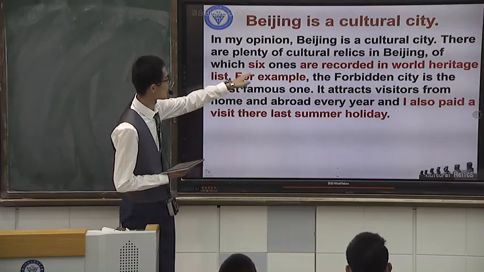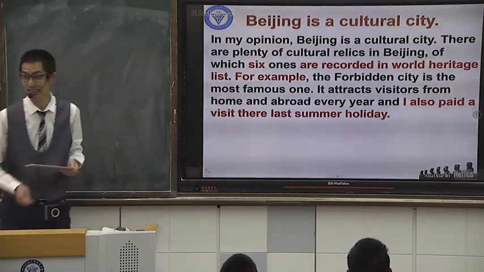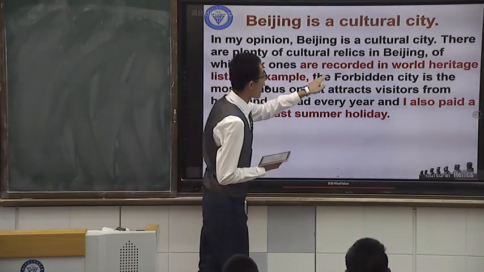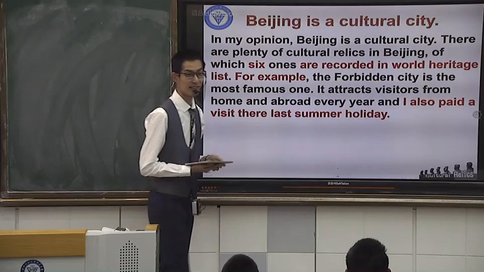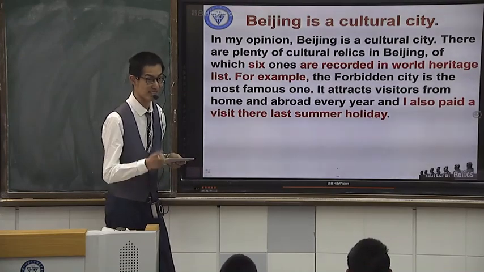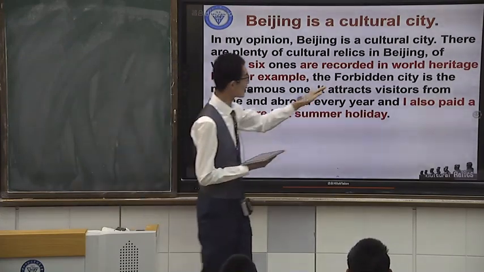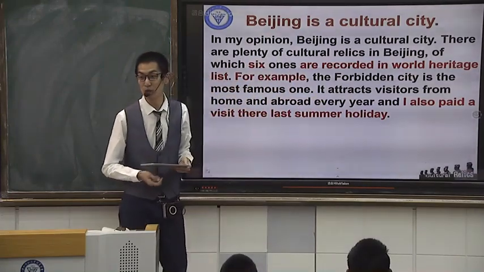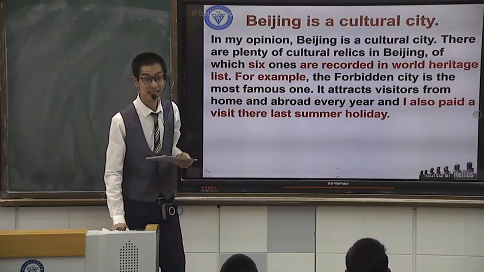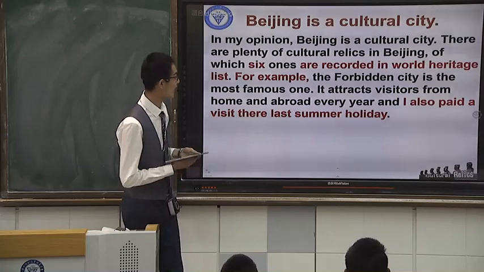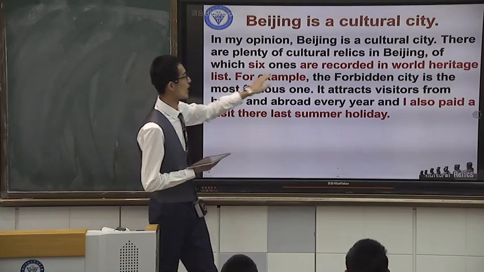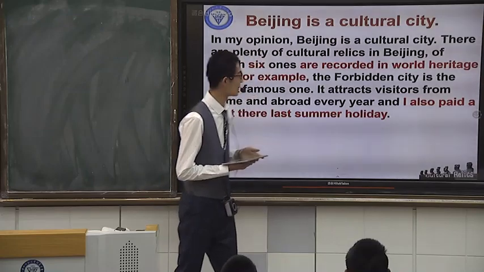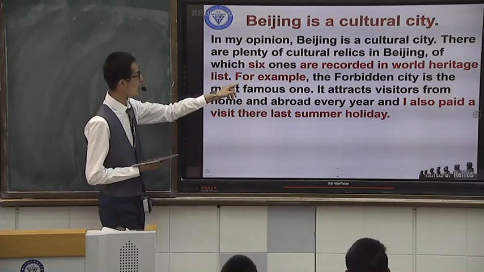Let's pay attention to 6. What kind of fact is it? Statistics. Very good. And are recorded. Yes, it's a record. Recorded where? In the World Heritage List. What is the World Heritage List? Yes, 世界文化遗产 or 世界遗产. So that means it was shown in a book or in a list. Okay. And let's move on.